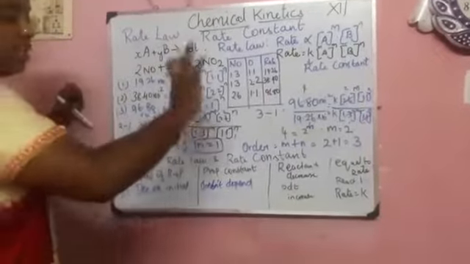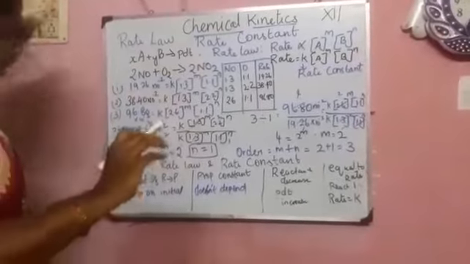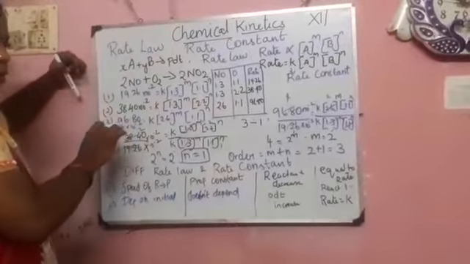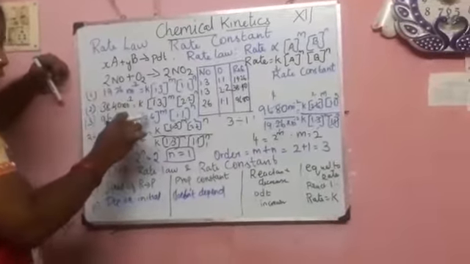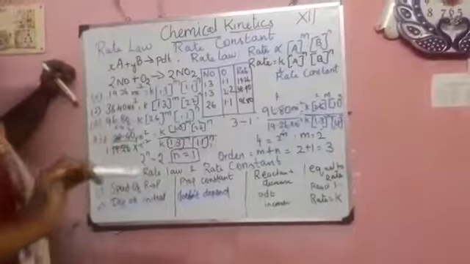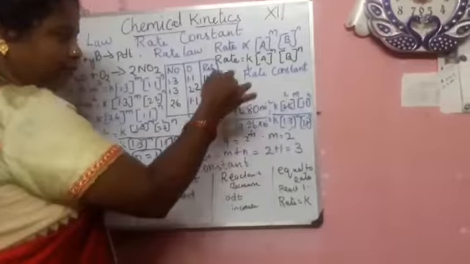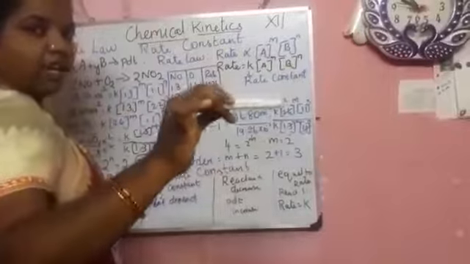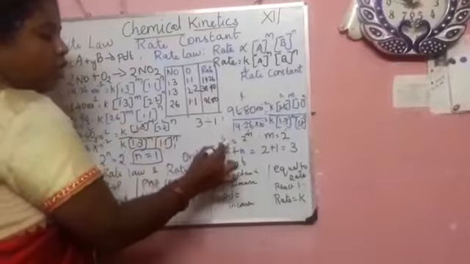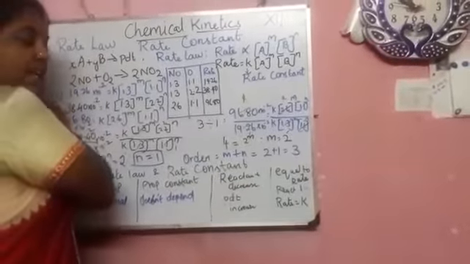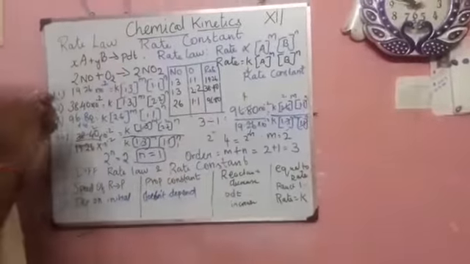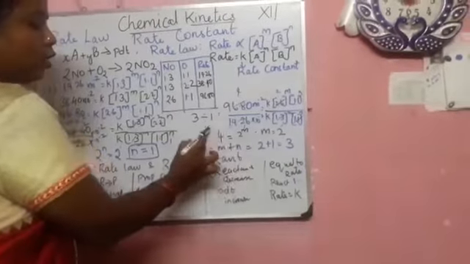Using this, we have to find the order. Next, the same thing: we divide the third equation by the first equation. Third, 96.80 divided by 19.26. For A, 2.6 divided by 1.3. For B, 1.1 divided by 1.1. As usual, we cancel it. The ratio is 4 times, and here N has the same value, so it gets cancelled. For M, 4 equals 2 to the power M. In place of 4, we can write 2 to the power of 2, isn't it? So M equals 2.